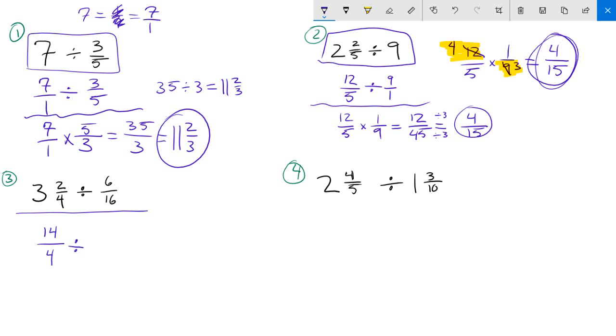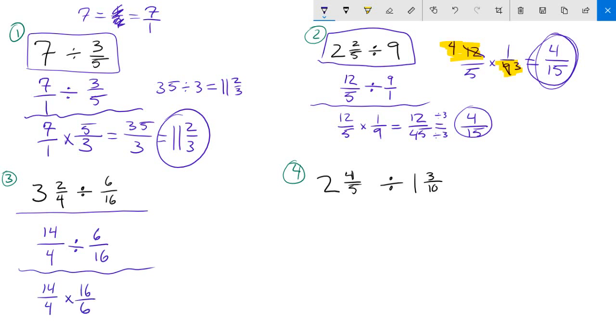Divided by 6/16. So I can't convert this into an improper fraction, right? This is already in fraction form. It's not a mixed number. So I'm just going to leave it just like it is. 6/16. So let's do the next step. Let's use our algorithm. 14/4 times